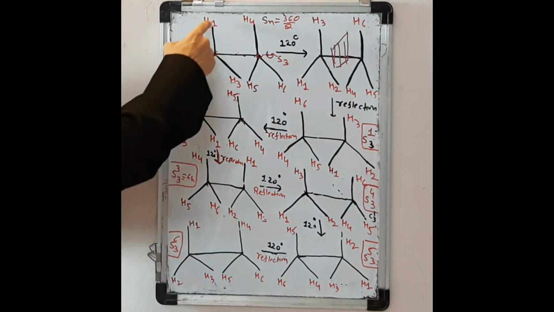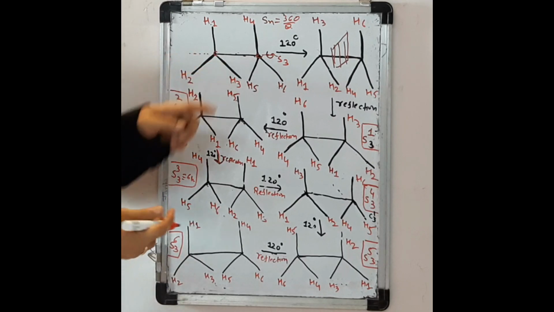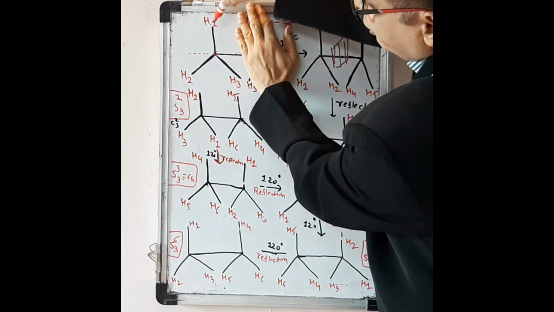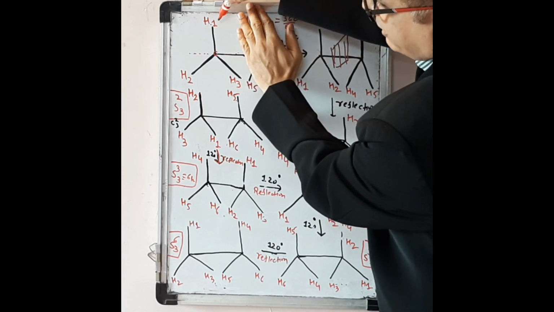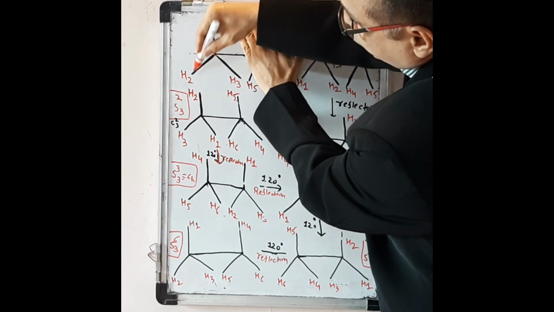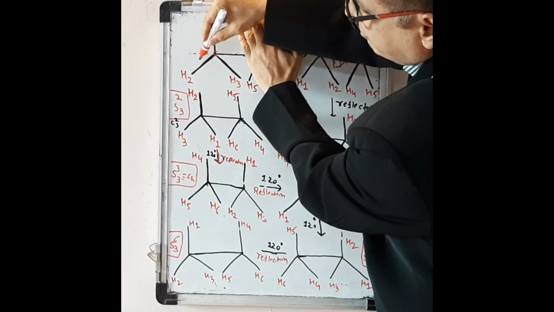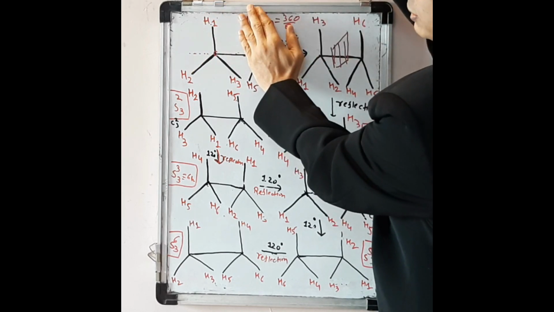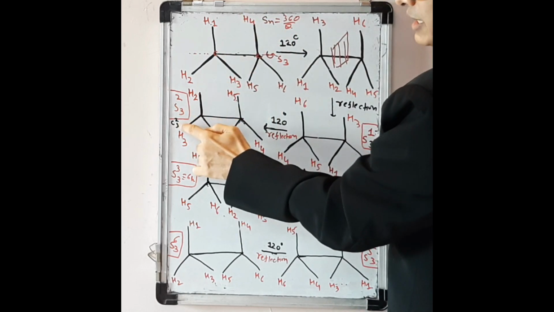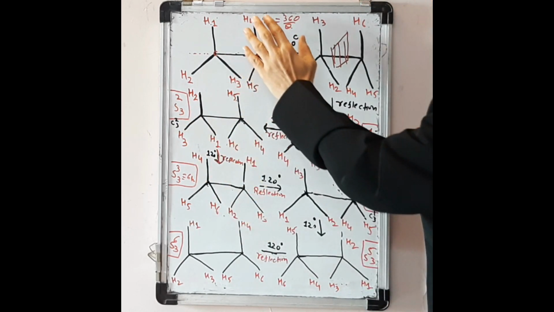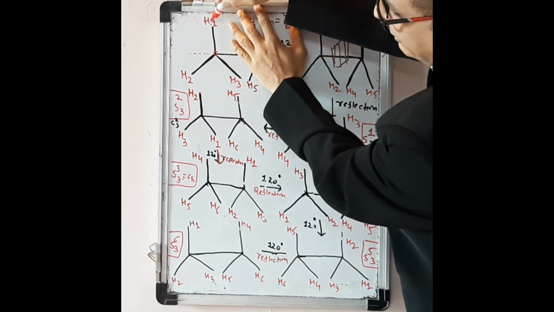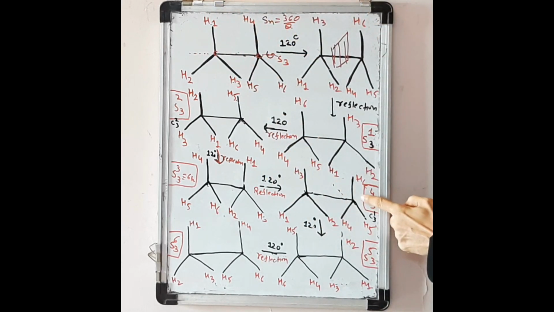Now, if this eclipsed ethane molecule is rotated by 2 times 120 degree, then here 1 is shifted to 2, 2 to 3 and 3 to 1. Another rotation by 120 degree. So, you will get H2, H3 and H1. So, this is named as C23. Similarly, if it is rotated by only 120 degree, then 1 is shifted to 2, 2 to 3 and 3 to 1. So, you will get this configuration. So, instead of S43, we can also write C13.